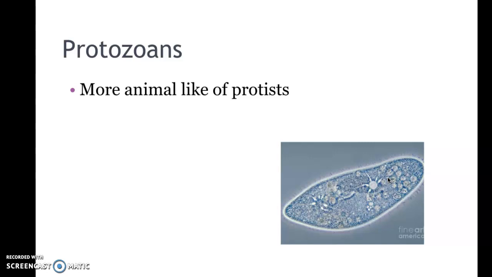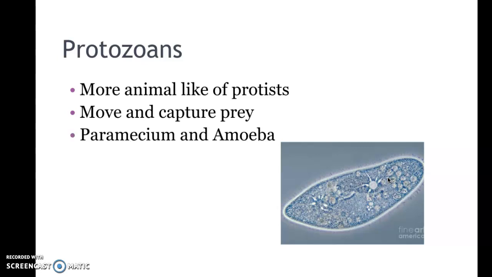Pretty cool. They are among the smallest eukaryotic cells, but most of your protozoans are going to be types of microsporidians as well. They can move and capture their prey, which is pretty cool. This is also, for example, like your paramecium and your amoebas. I did put a picture right here of a paramecium so you could see that. And if you remember, we talked about parameciums before. Your parameciums reproduce by meiosis. Remember, that means they just split in two. And that's how they reproduce. It just will divide by itself.